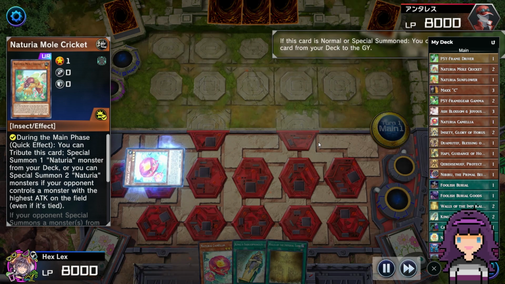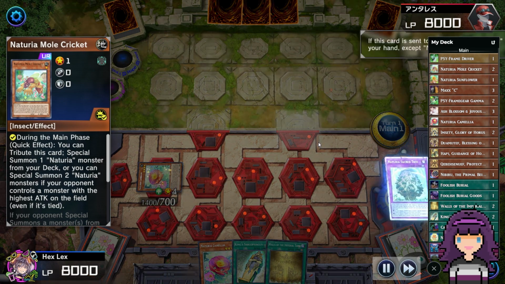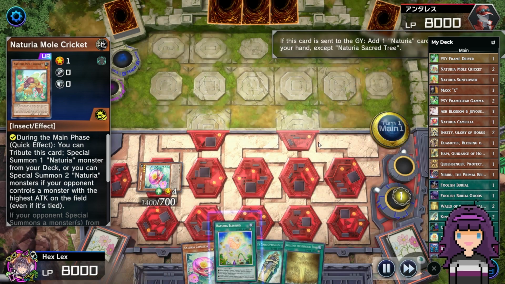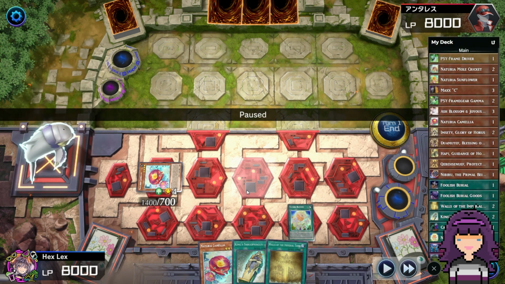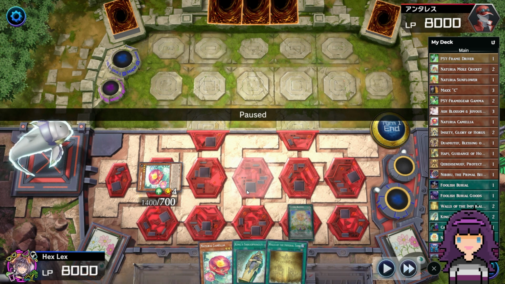Like, not even one draw, if at all possible. Now, here's how I see it. If you're going to give your opponent a draw off of Max C, it better be for a really good reason, right? So if I'm giving them one draw to establish like a negate on the board, that's something